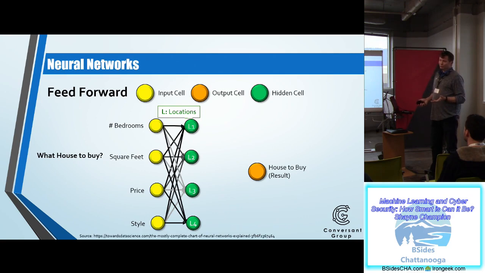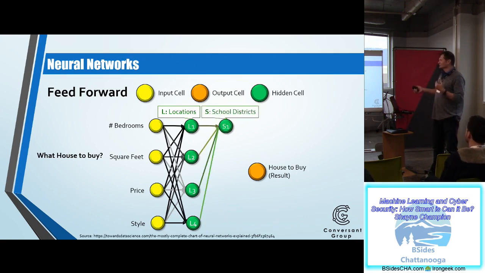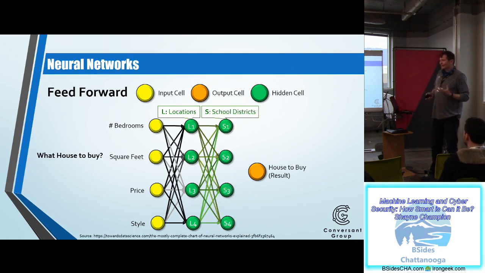But location is not the only other factor. You might have something out of the school district because you've got kids. So then all that gets recomputed at each level. And then that goes back to give you a value. And that's kind of the complexity of a neural network. It's taking all those small little calculations and giving you all of the permutations of that and trying to find